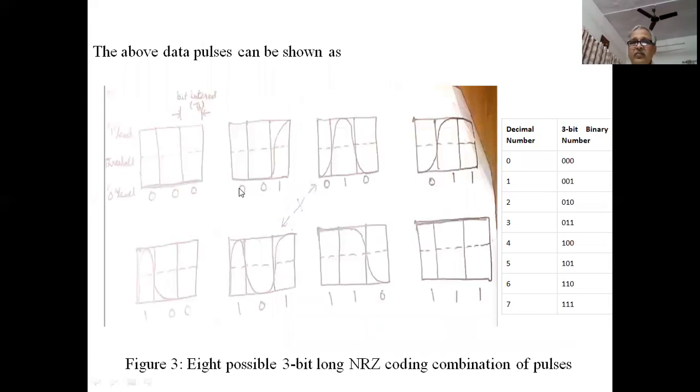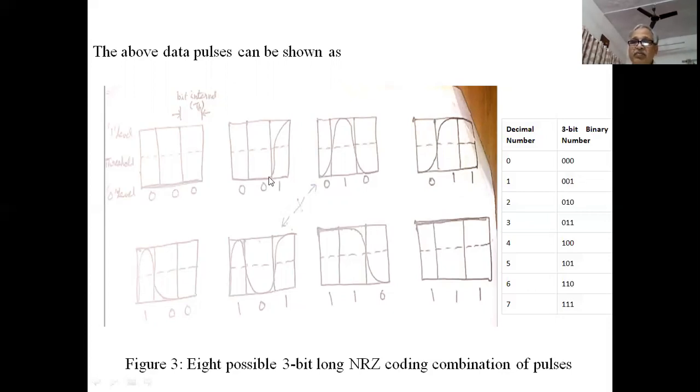Now we make a pulse form of all these 3-bit numbers. When the 3-bit pattern is 000, this line represents 000, and the middle portion is the threshold region, the upper region is the 1 level, and the lower region is the 0 level. Now we represent the value 001. So in the first 2 columns the value is 00, and the third column represents 1.